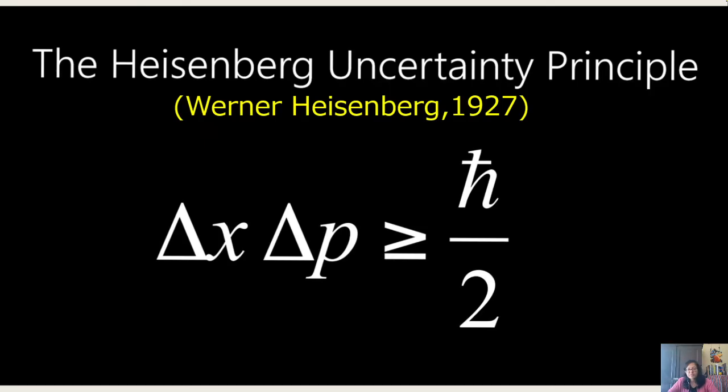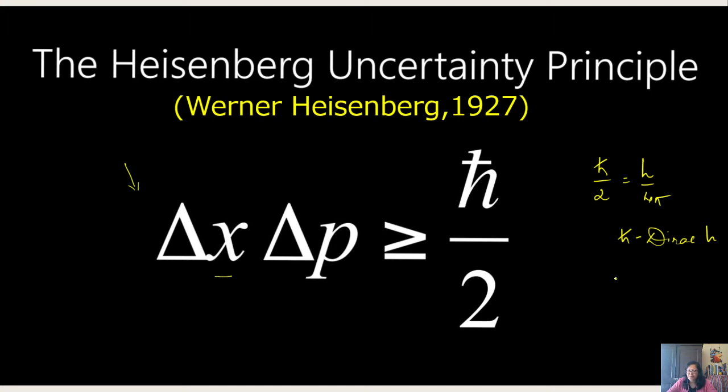The Heisenberg's uncertainty principle, which was given by Werner Heisenberg in 1927. This is the mathematical expression for the Heisenberg's uncertainty principle, which states that the uncertainty in position multiplied by uncertainty in momentum of a microscopic moving particle is always greater than or equal to a constant, that is h cross by 2. Now h cross by 2 is also written as h by 4 pi, because h cross, which is also known as Dirac h,